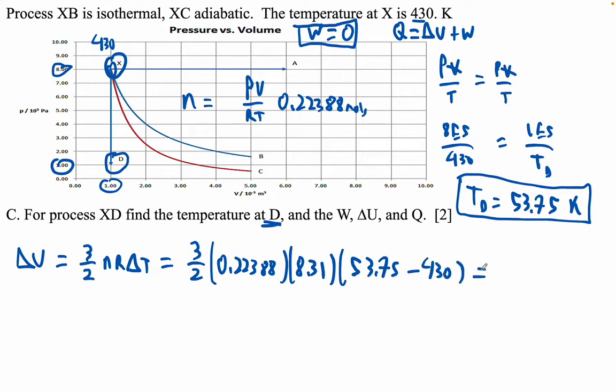Let's do it. Okay, so 3 divided by 2 times the moles. There it is. Times 8.31 times left parenthesis 53.75 minus 430. And I get negative